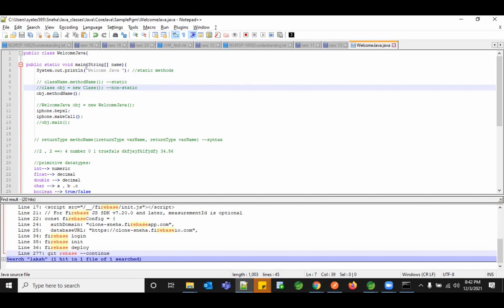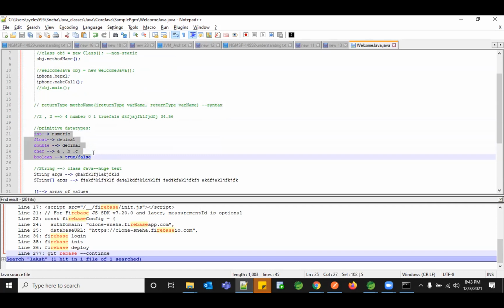So you understood what a driver is, what the characteristics of the driver are, and what a driver can accept as a structure. This is the structure you need to follow whenever you're writing a basic Java program. Within that, right now, we just used a print statement to print your text. I just made you understand the structure of your method, how it looks, and what the relevant return types are.